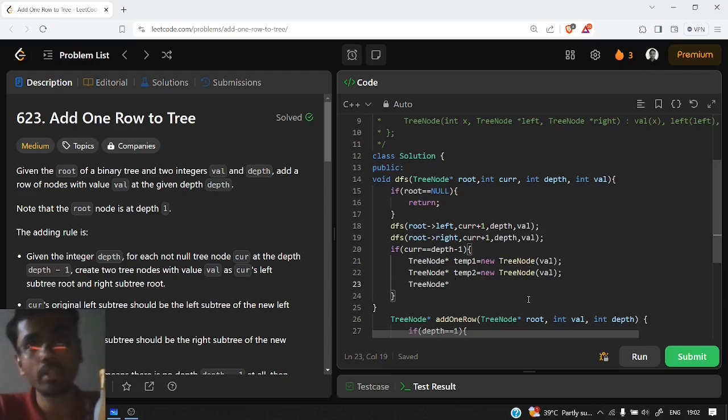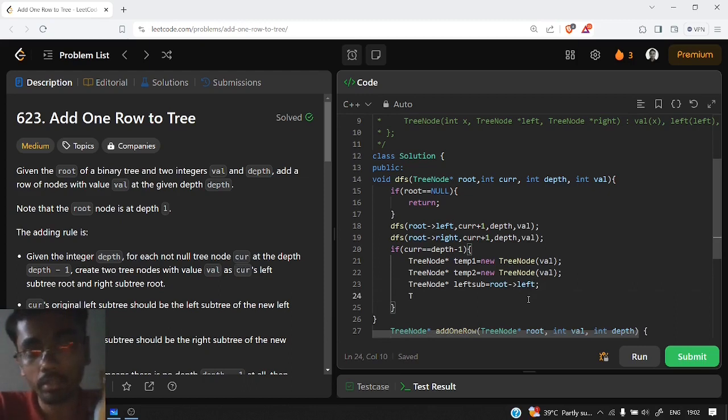We are storing them in tree nodes by the name of left sub, which is root's left, and the right subtree by the name of right sub, which is root's right.